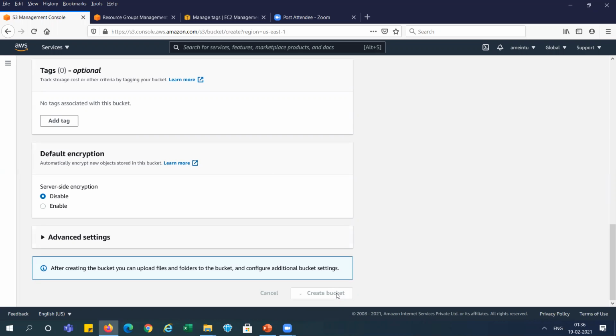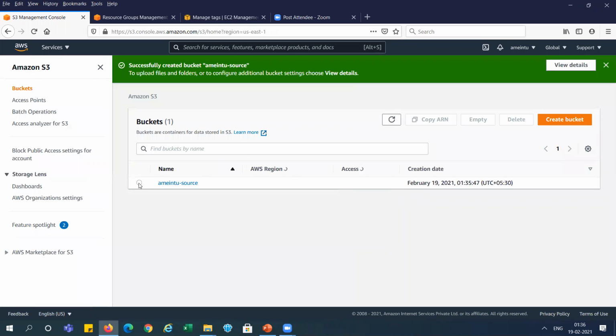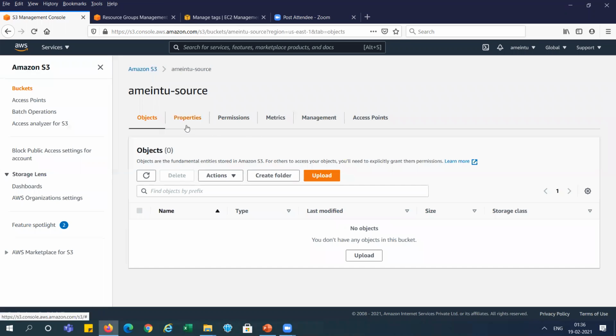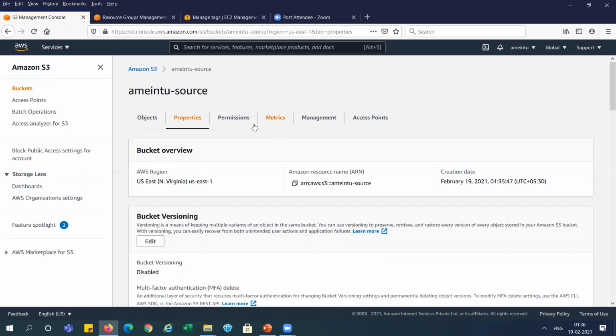This bucket will be created here, and after it is created, we will go and enable the versioning, right? This is the properties tab.